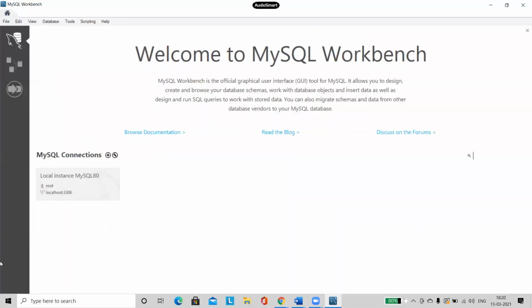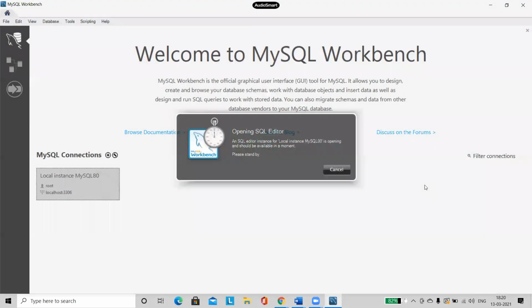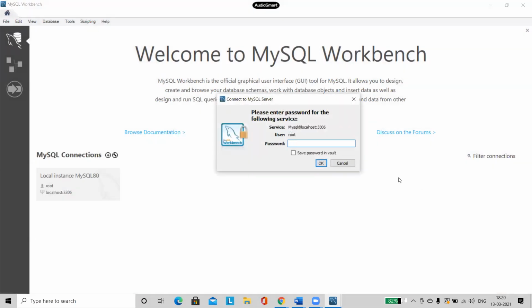When you select it, this is the screen that you will be getting. In this screen, we have to go for the local connection. Just click on this local connection. When you were installing, you would have given a password. So it will ask you for the user and the password. Whatever password you gave when installing, you just have to give that.